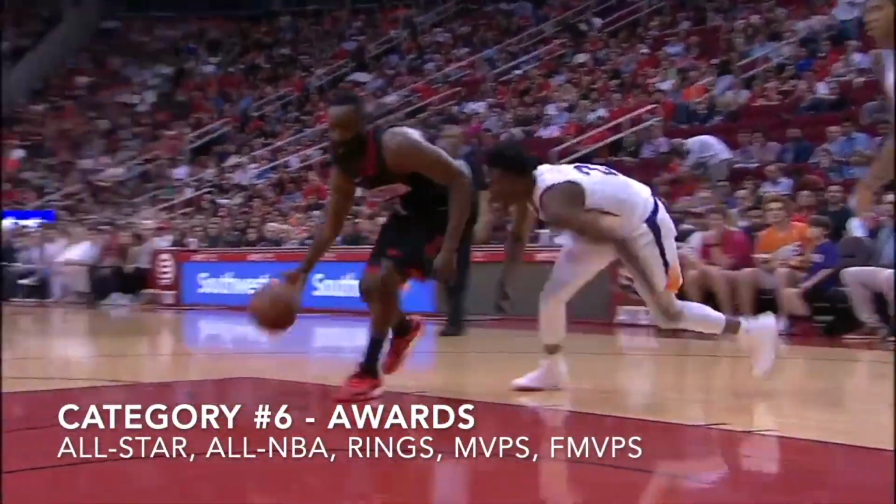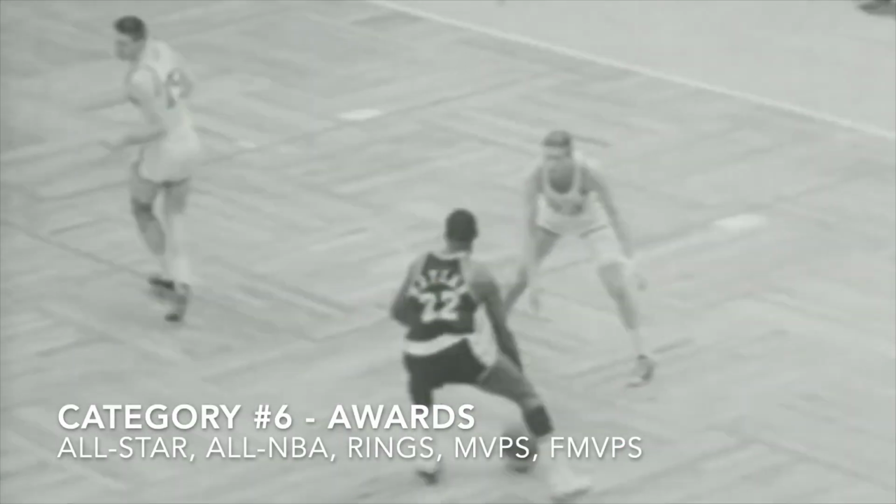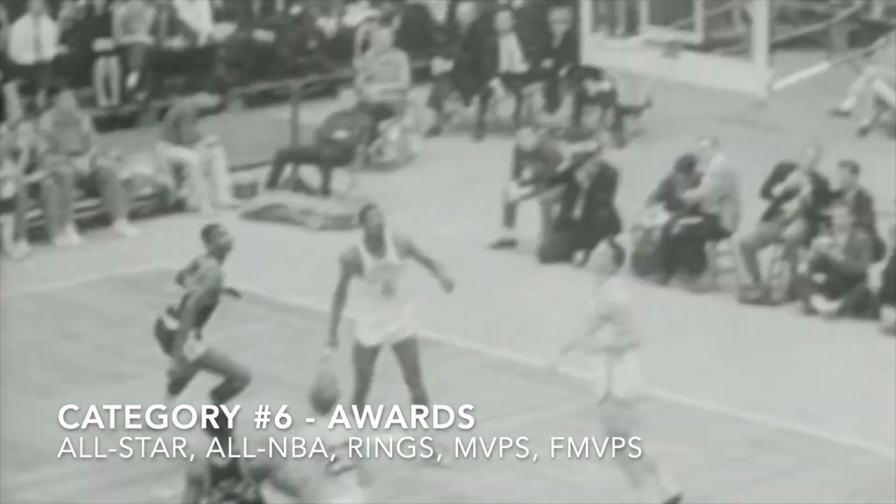Awards. This category will be defined by All-Star appearances, All-NBA selections, MVPs, Finals MVPs, and championships as the first, second, or third best player. The reason I have to only count championships as a top 3 player on the team is because otherwise you get into the situation where, for example, Robert Horry has 7 rings and Karl Malone has 0. And it's not representative of how much better a player is if they weren't a top 3 player on their team but contributed to a championship.